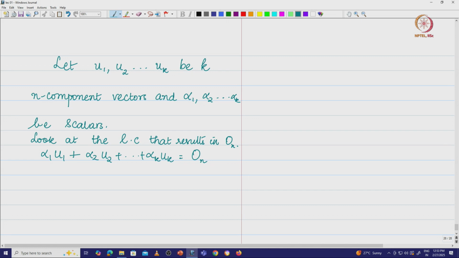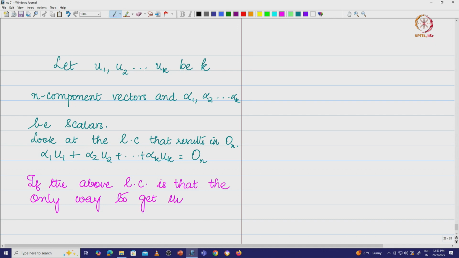If the above linear combination is such that the only way to get the 0 vector is by making the scalars 0, then